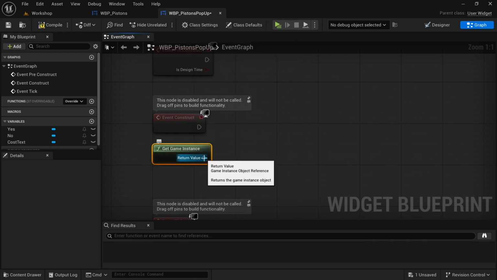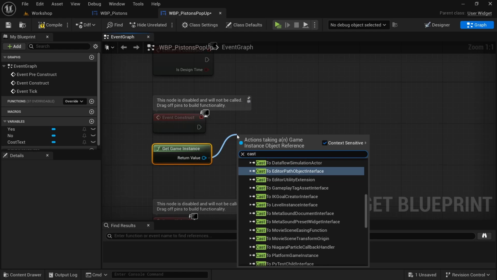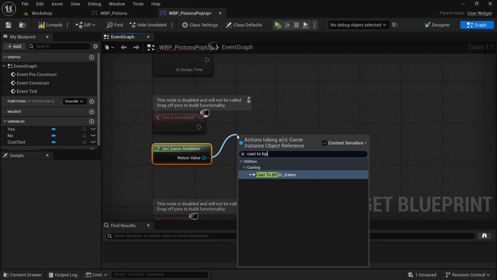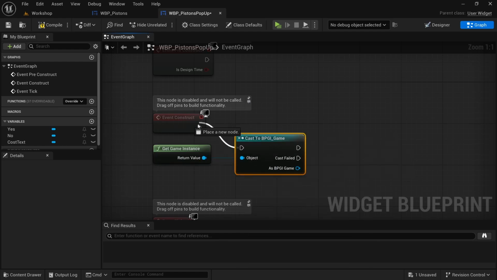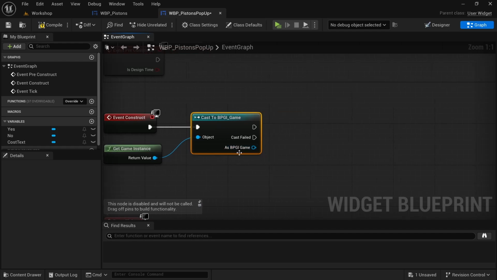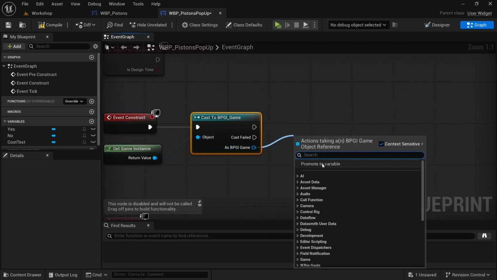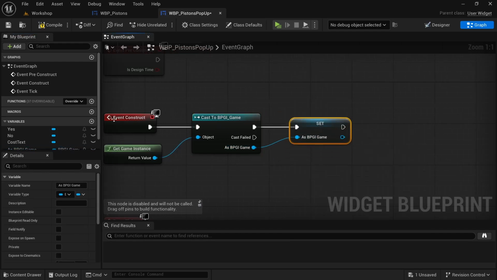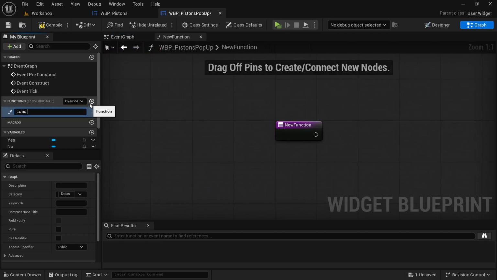From the get game instance, drag off and then cast to BPGI game, connect the execution pin, drag off from the as BPGI game, and then promote to variable. Then we're going to create a function. This function is going to be the load